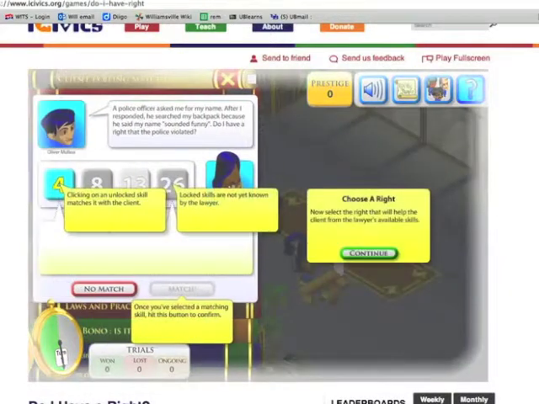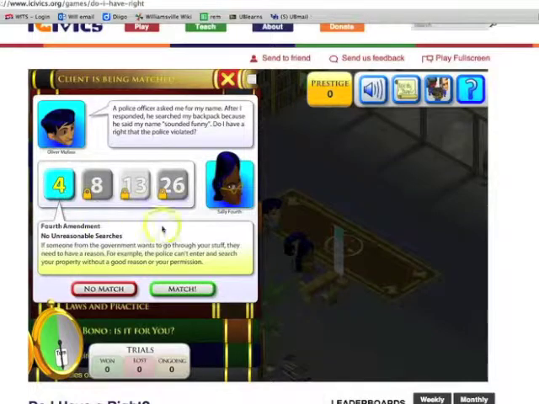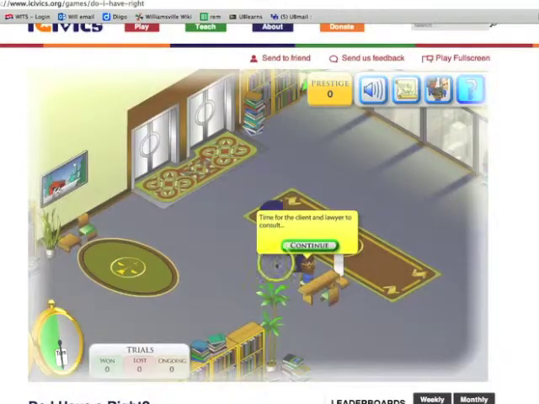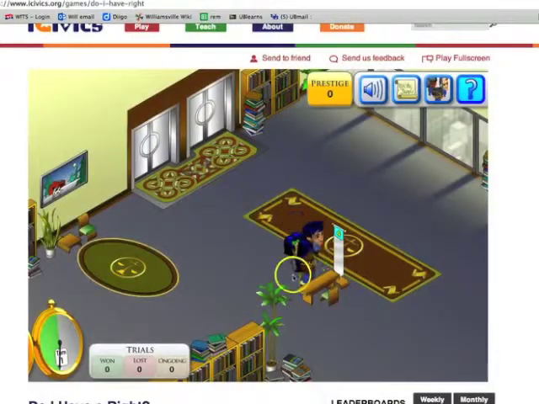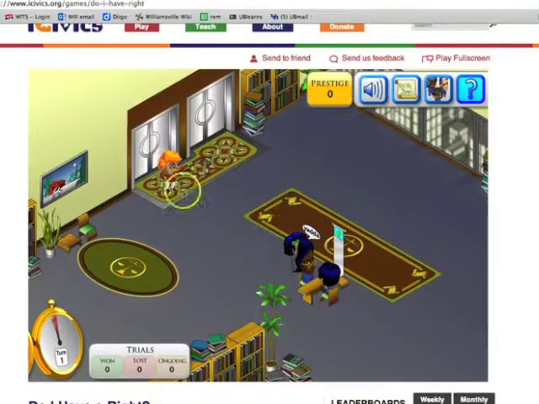So introduce them, and then click on that skill, and you have to read it, look at this and look at that and see if it matches. If it matches, you'll click match, and then that lawyer will talk to your client, and if you were right about matching it, you're going to get points. If you were wrong, you won't get points.